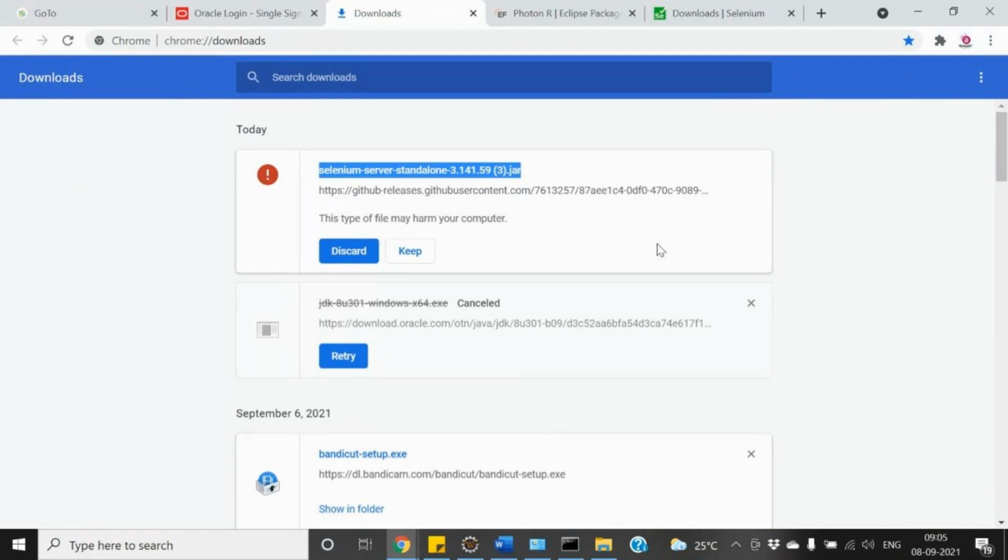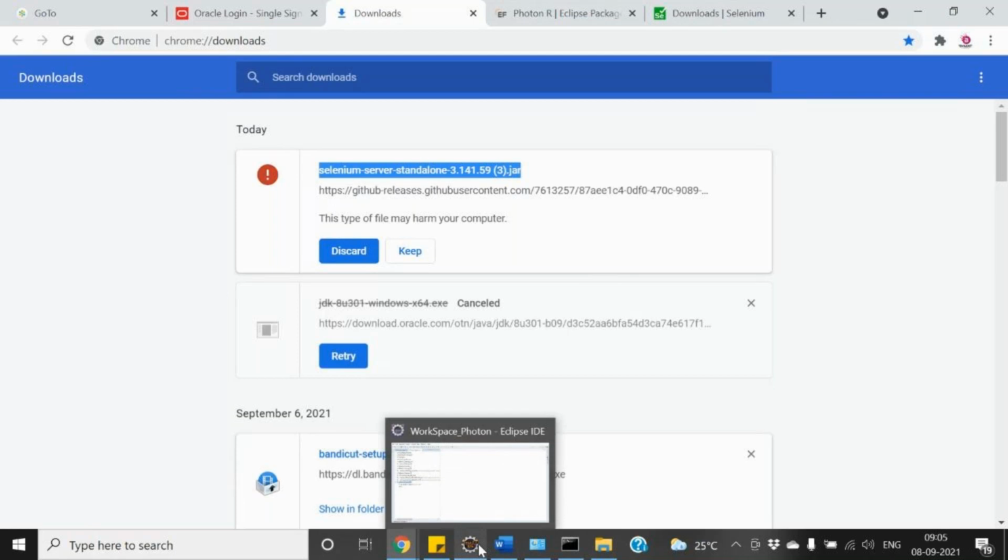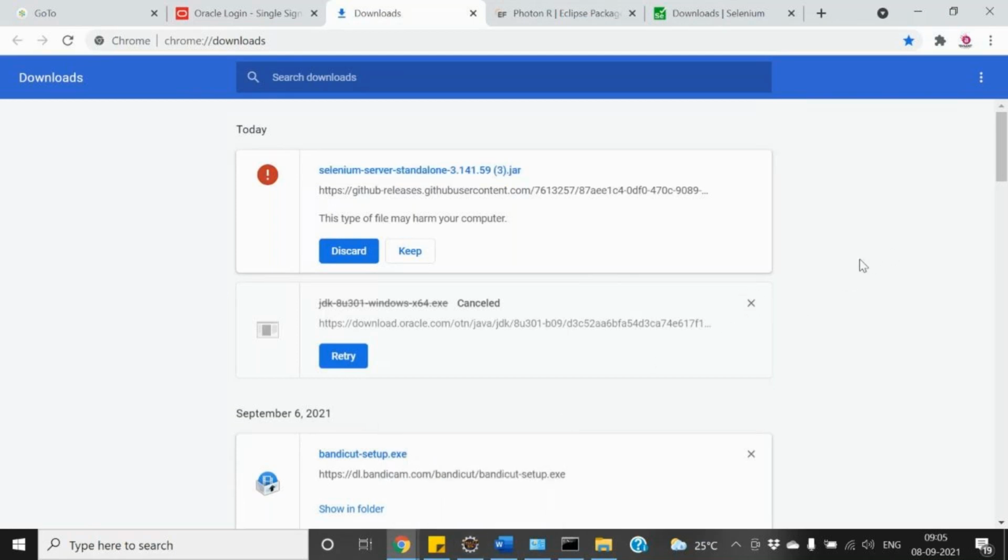What I install is only the core Java, isn't it? We just install the core Java, and then Eclipse is the plug and play utility. And in order to work with Selenium, what I need is only this jar file, isn't it? I don't need any other thing. So just download this jar file, the Selenium server standalone jar file, as I mentioned.